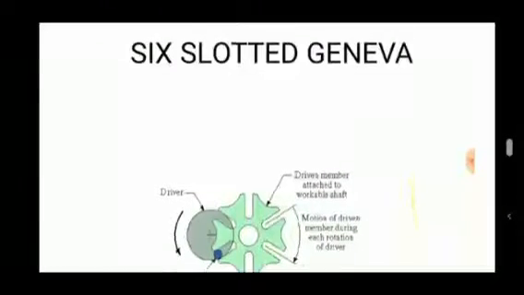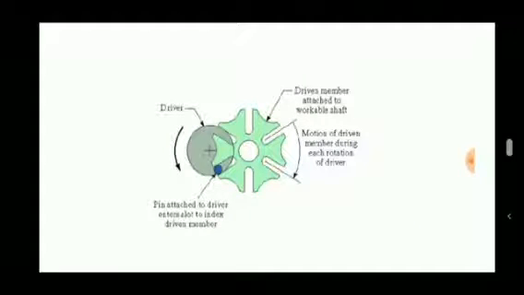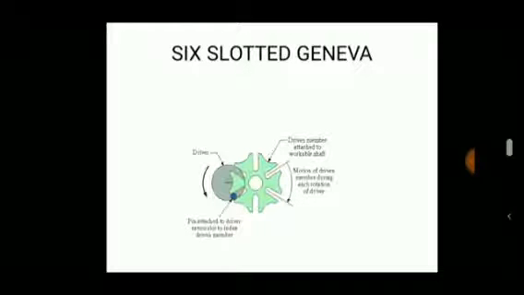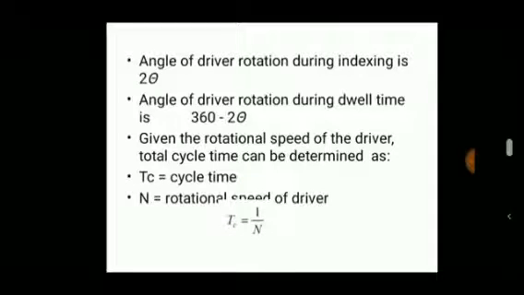This is the Geneva mechanism, 6 slotted. When the driver causes one rotation, it will move one position, so that 6 rotations of the driver are needed to complete a single rotation of the Geneva wheel, and this is the formula,